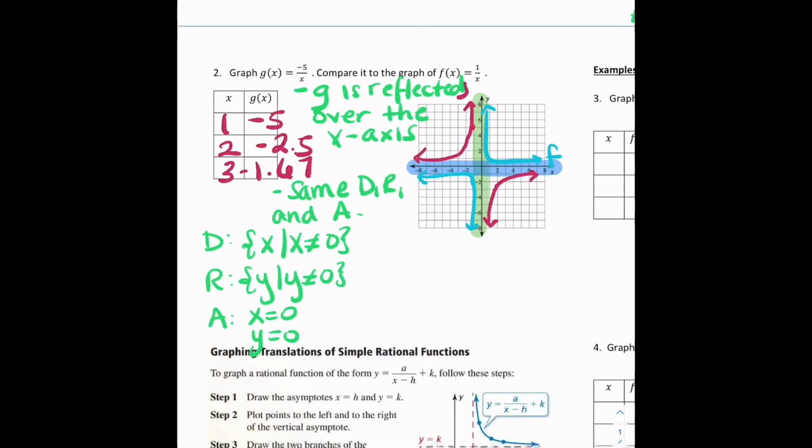And lastly, G is farther from the axis than